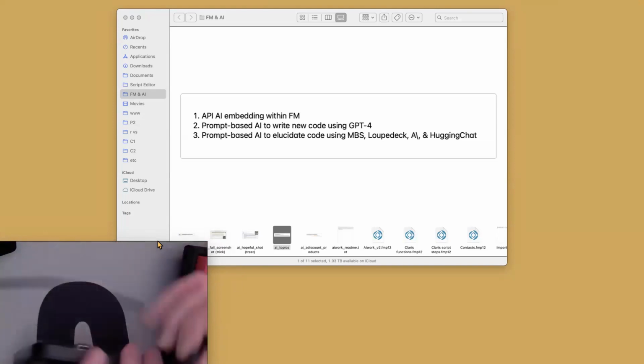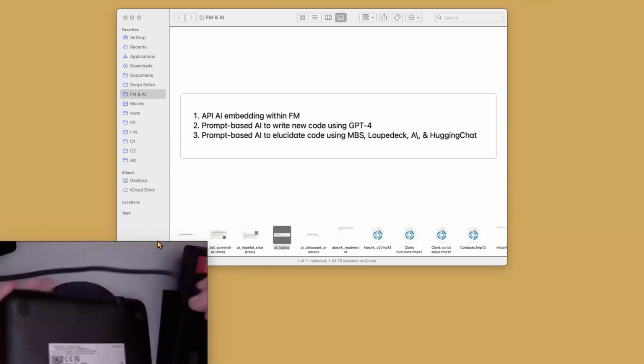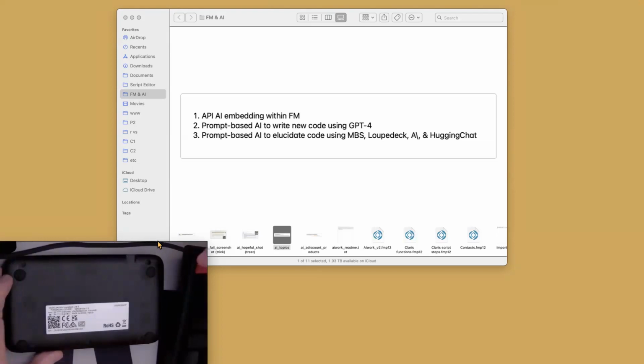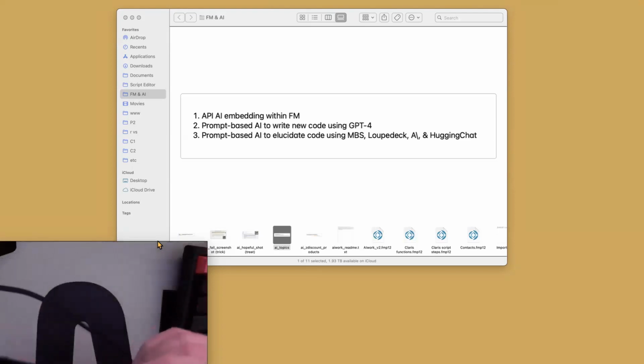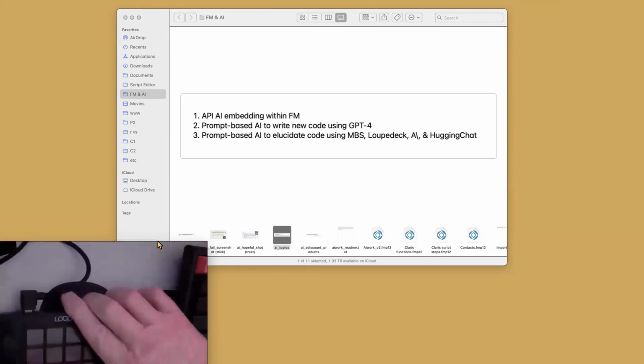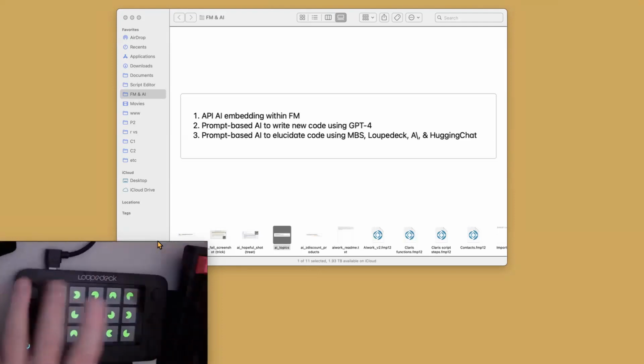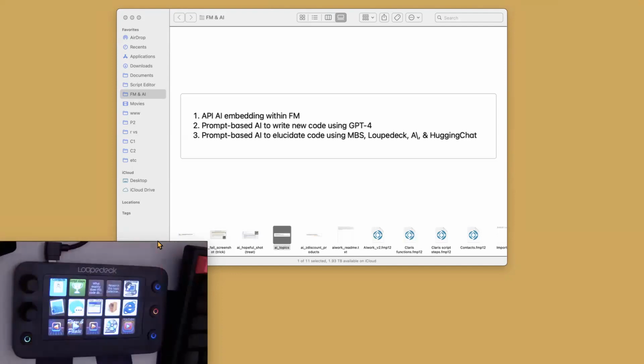Okay. This is a small device. It's a Loupedeck. If I can get it plugged in. Okay. I'm going to go through 1, 2, and 3 somewhat together here.